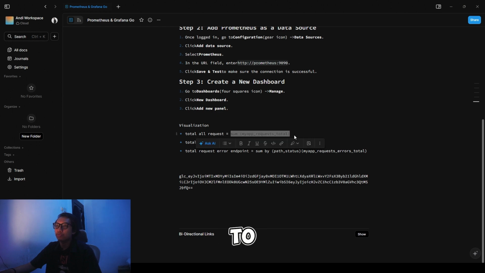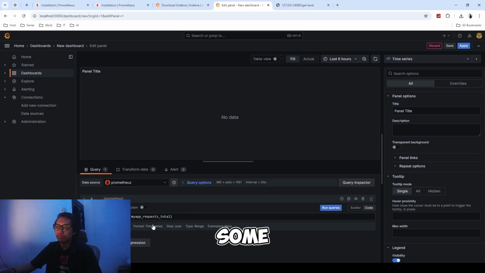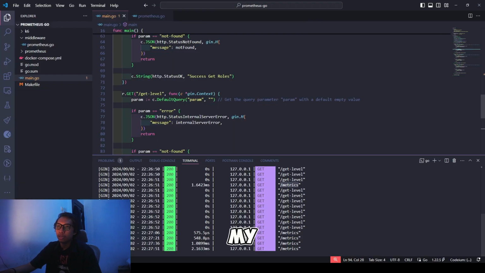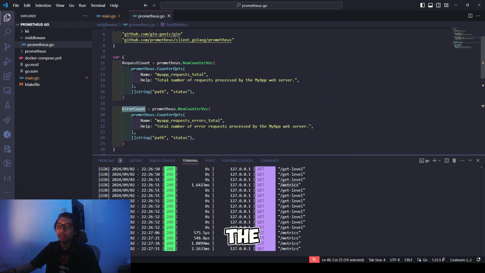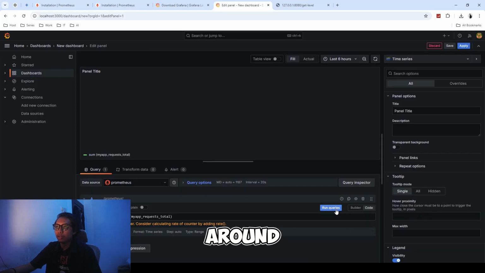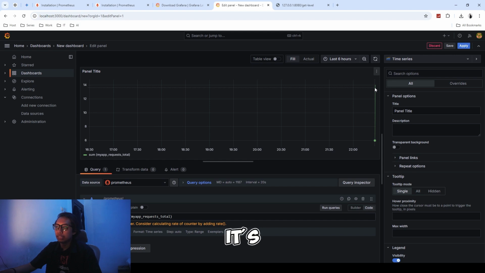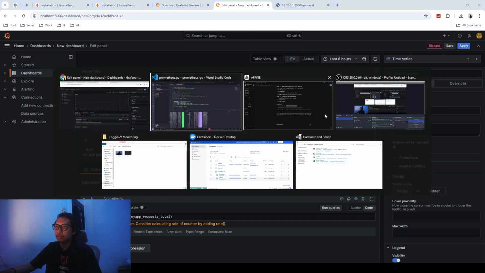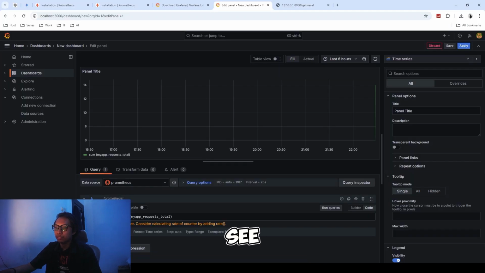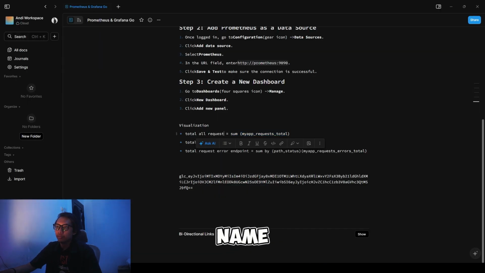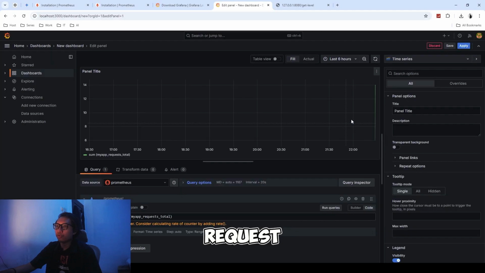Okay, the first thing is we want to create a visualization of our total requests. So we need the sum of my request total. My request total is from here, the label here, my request total. Okay, so run the query. Yeah, it doesn't look like much, but this is the sum. But we will see after this. The name is total request.